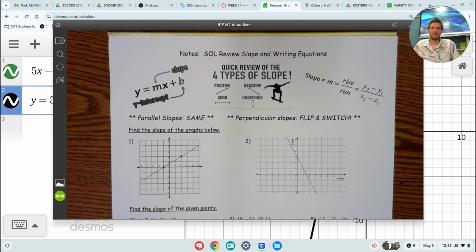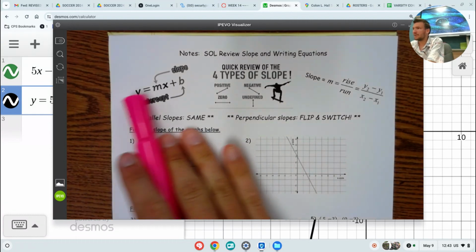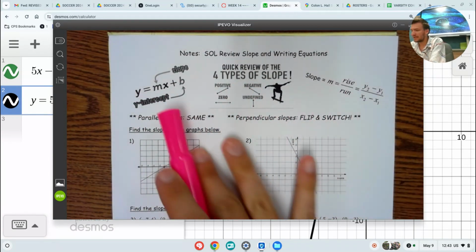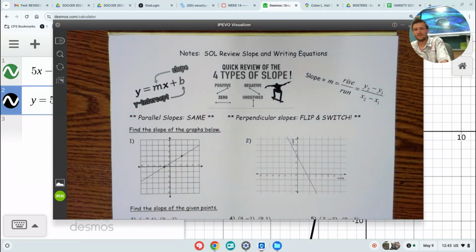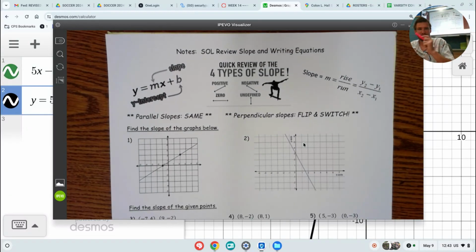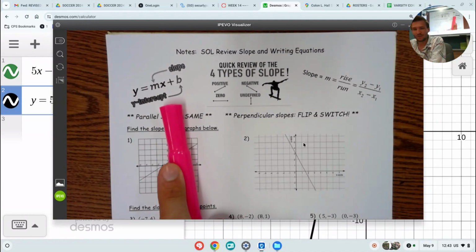All right, everybody, we're going to be talking about slope. We're going to be talking about all different kinds of things, writing equations. At the top here, you got 3 pictures that we've all seen before this year. Oh, now you got it. We can see it in the background there. Perfect. This first one, slope,